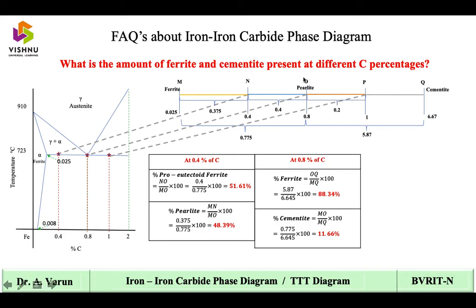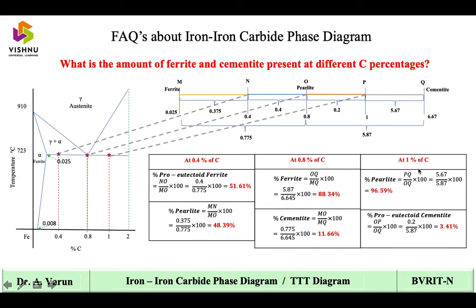So I'm supposed to take the distance only till the pearlite, that will be 1 minus 0.8, which will be 0.2, and till the cementite, because I'm going to get the proeutectoid cementite here, which will be 6.67% minus 1, which is 5.67. So for 1% of carbon, the percentage of pearlite will be PQ by OQ, the total length, into 100, which is 5.67 by 5.87 into 100,